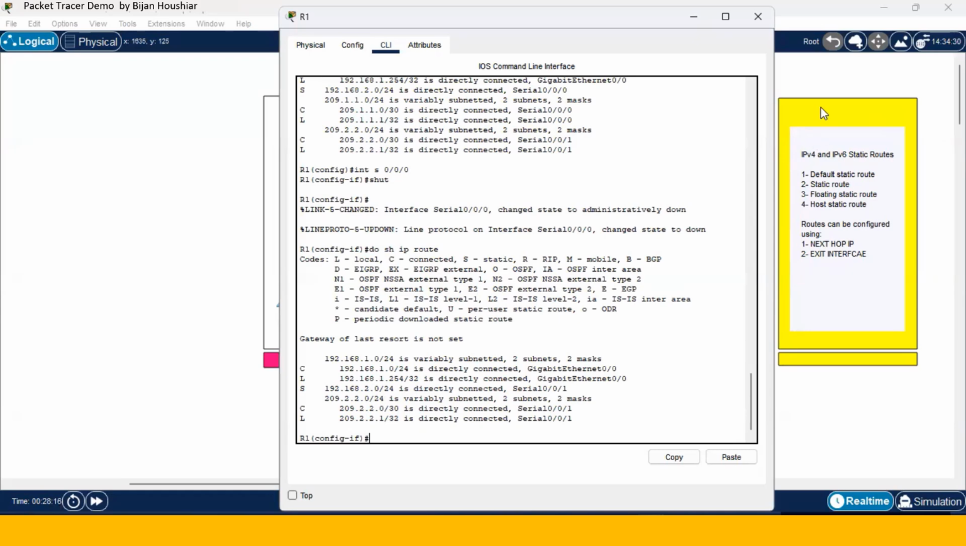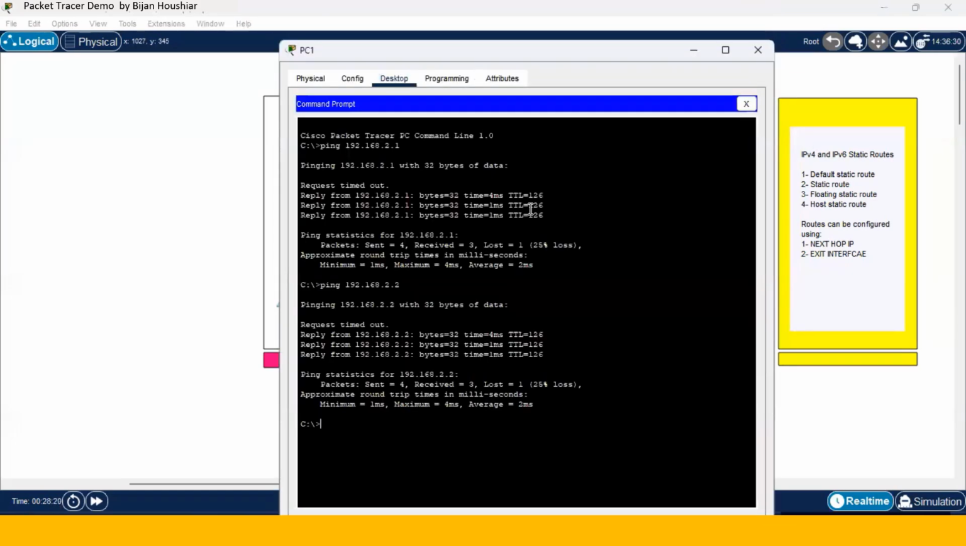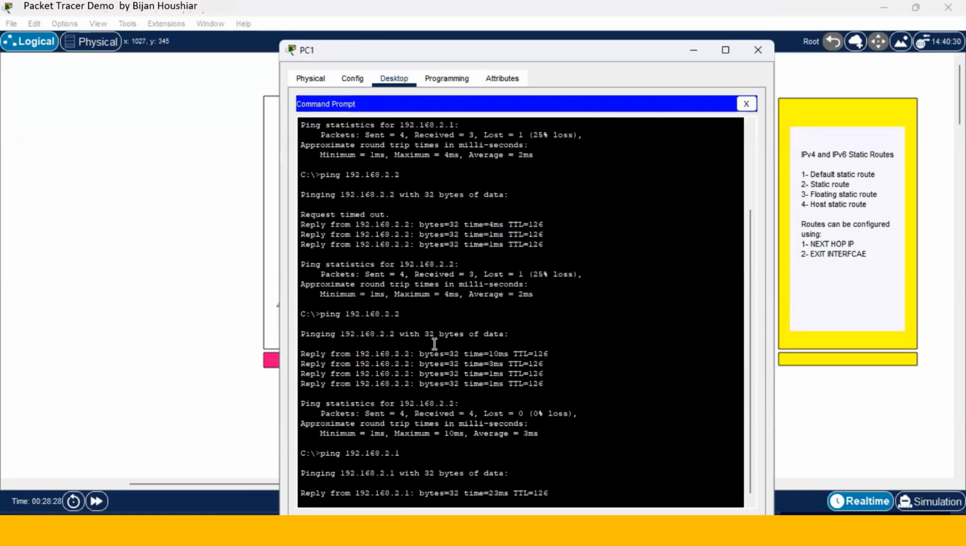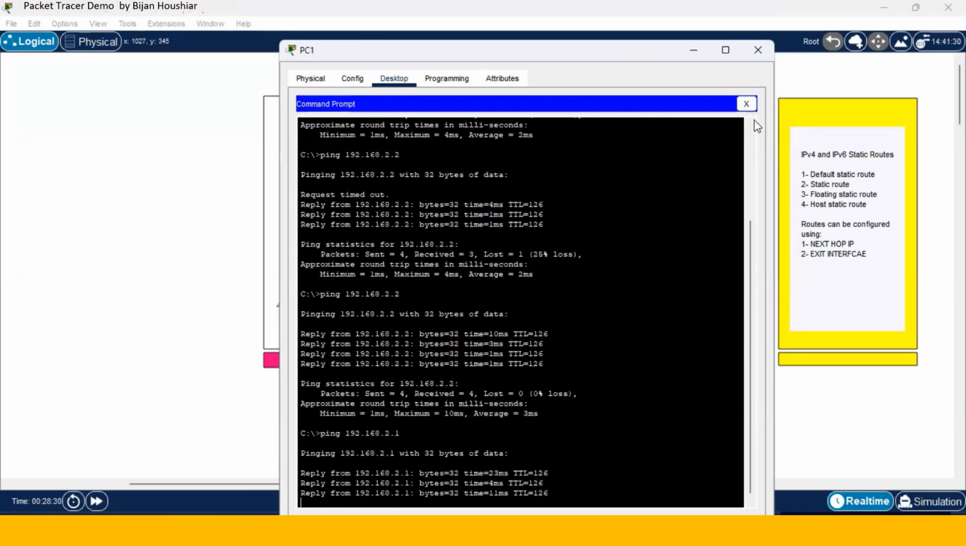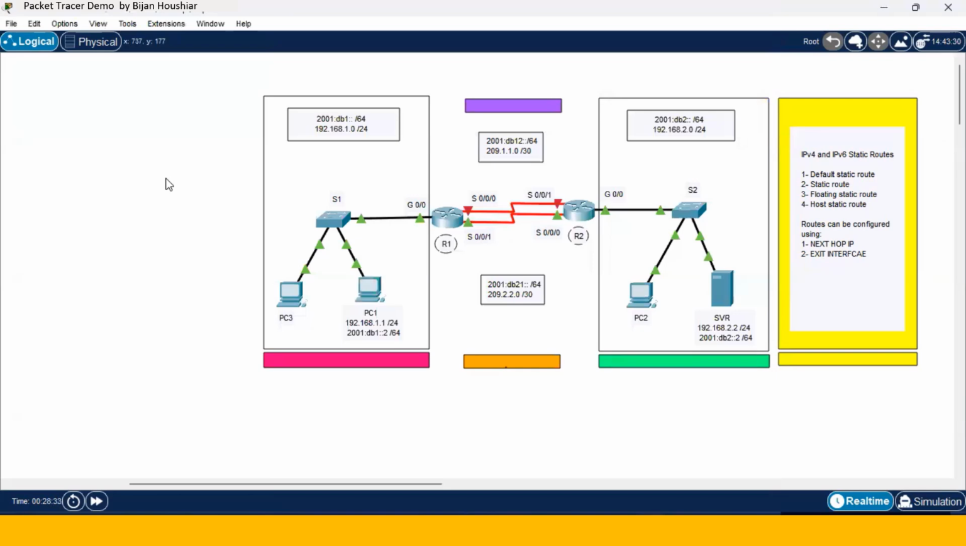Now let's see if we can still ping. We go to PC1. We can still ping server 2. Can we ping the other PC? Yes, we can. So as you notice, a floating route means a backup route for a second link that you